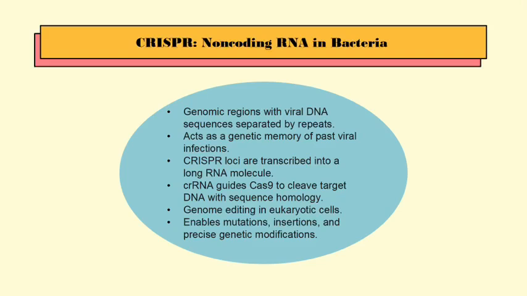The CRISPR locus is transcribed as a long single-stranded RNA molecule, much like a pre-RNA, and then individual small RNA sequences called single guide RNA or CRISPR RNA are cut out and loaded into a protein called Cas9. The Cas9 uses the bound sgRNA to locate the target and cleave any DNA with sequence homology to the guide RNA. Although this system evolved in bacteria to defend themselves against viruses by cleaving the viral DNA genome,